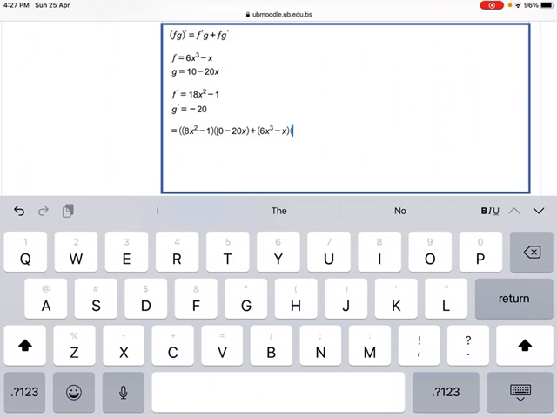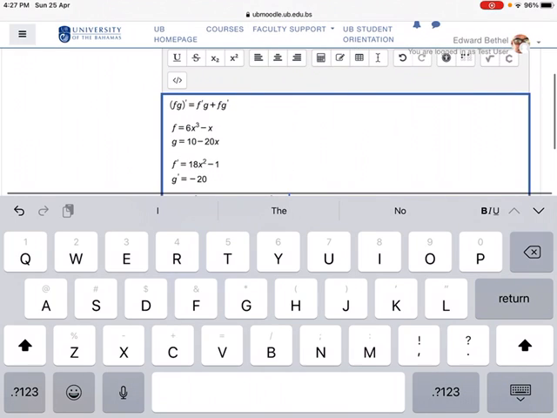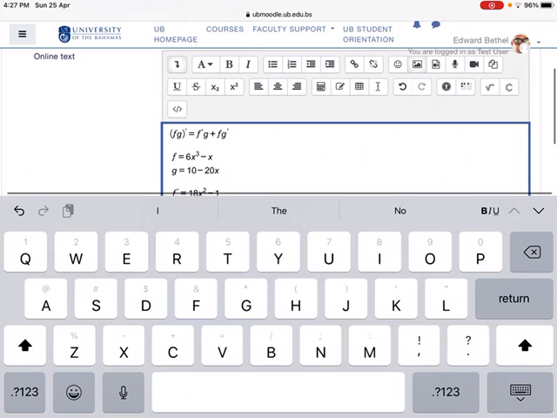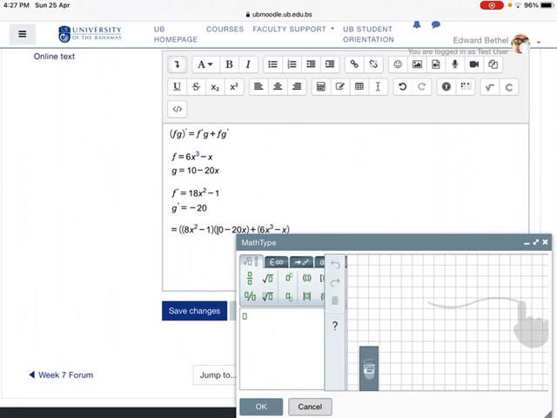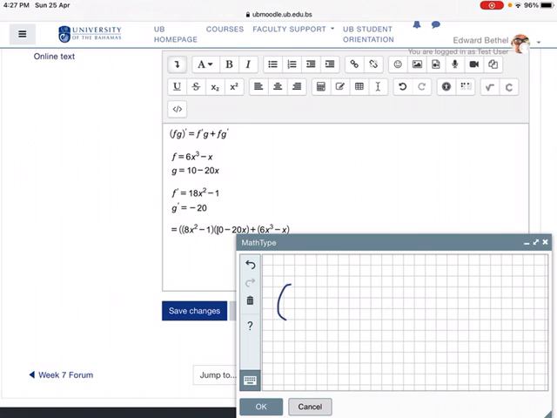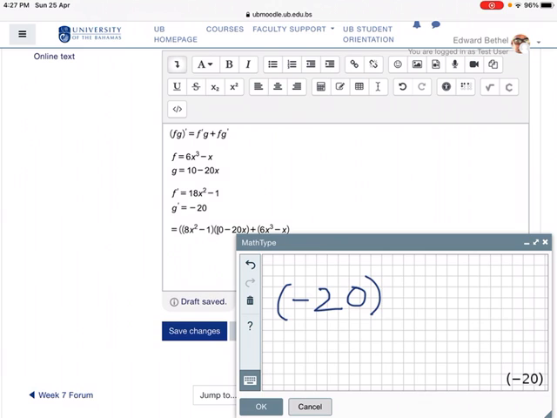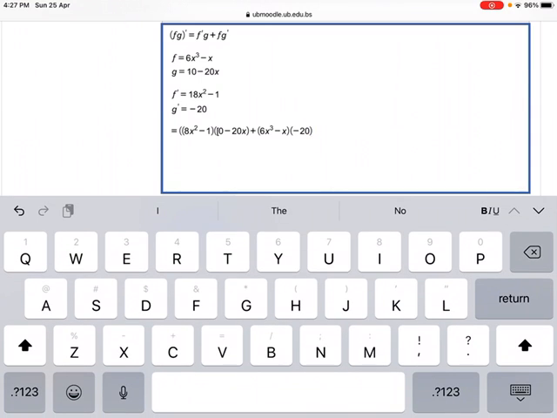Only the brackets took. Delete that, start that one again. Brackets minus 20, close brackets. I'll wait for it to accept it. Good. Excellent. So now when I simplify that,